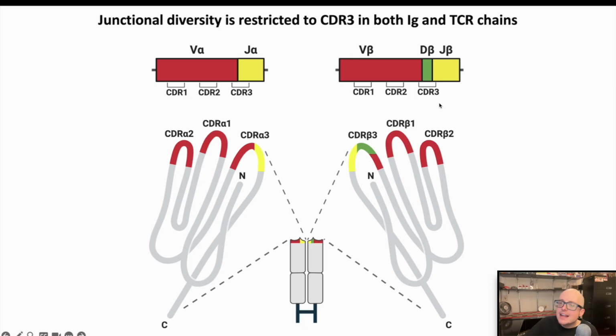Remember that the CDRs are the most N-terminal sequences, the most N-terminal loops in the structure of the protein that touch antigen directly. And so the diversity within these regions is what is most important and most critical for determining the complementarity of the protein, meaning which unique antigen is going to be capable of binding. And while in immunoglobulins, all three complementarity determining regions touch antigen directly, in T cells, that's actually not quite true